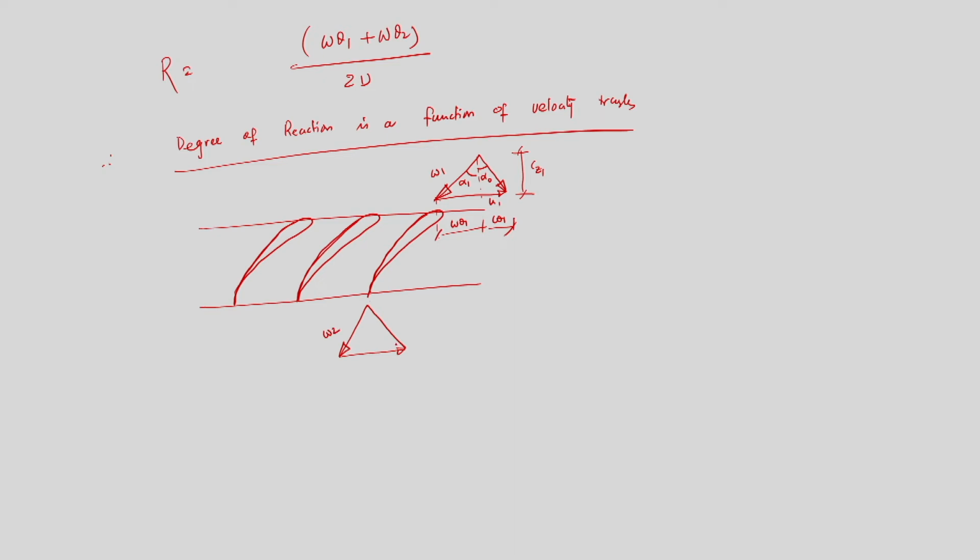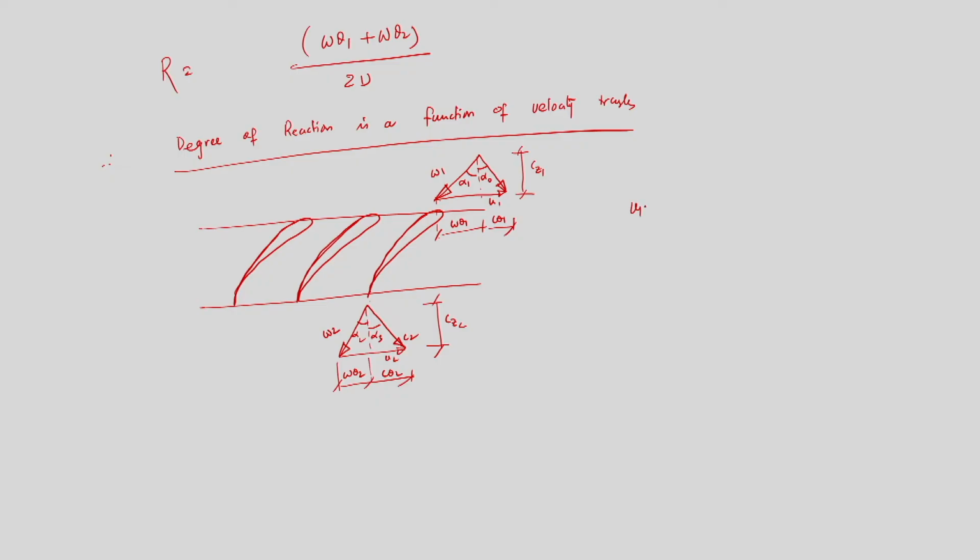This is W2, this is C2, this is U2, this is W theta 2, this is C theta 2 and this is Cz2. So, this is alpha 2 and this is alpha 3. That is alpha naught, alpha 1, alpha 2, alpha 3, which we have already identified and given their names: relative and absolute flow angles at the outlet and inlet respectively.